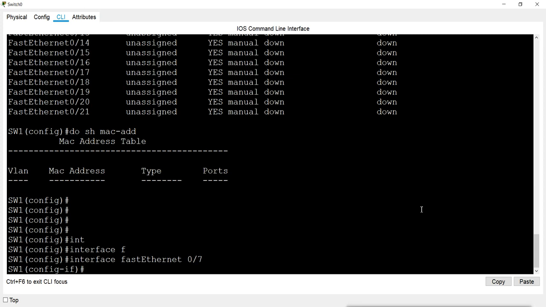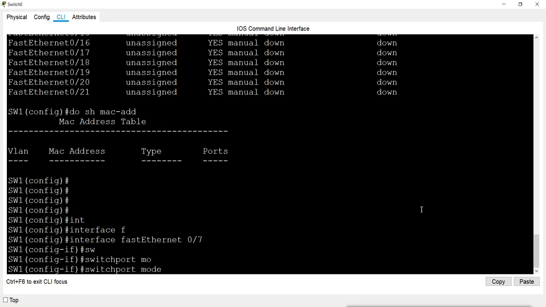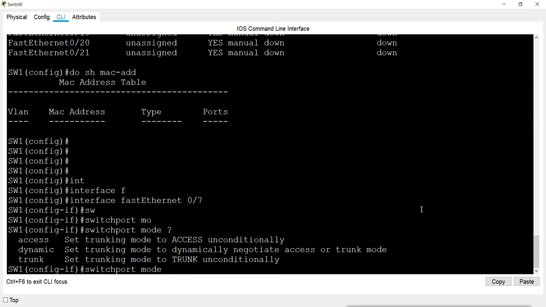If we check, we have a command to change the switchport mode into trunk or access. If you give a question mark here, it shows that the port can be in access, trunk, or dynamic mode. By default, our ports are in dynamic state.